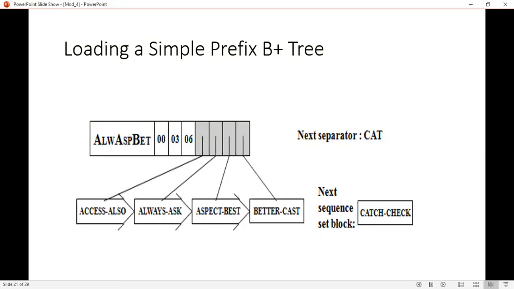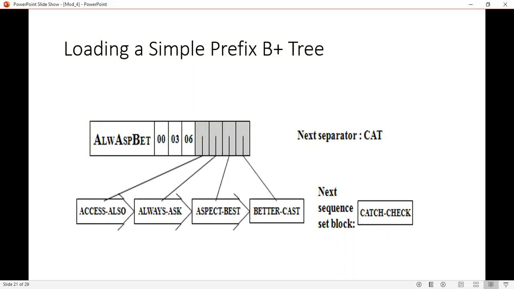Now, working with the sorted file, we can place the records into sequence set blocks one by one, starting a new block when the one we are working with fills up. And then we collect the separators into the index set block that we build and hold in memory